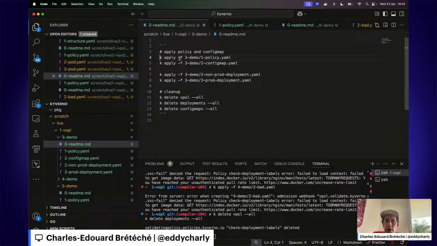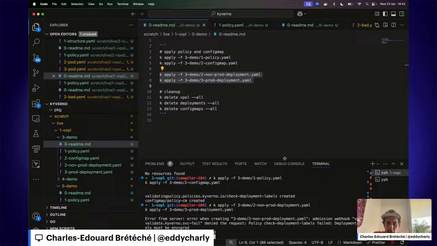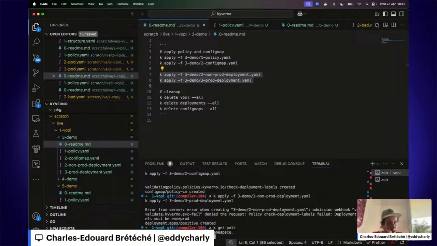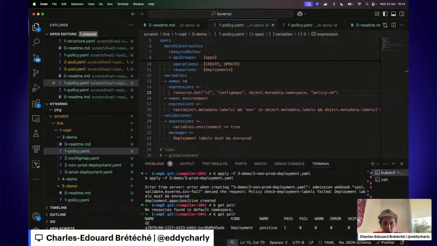Let's take this one. It should work the same, so no worries. So this time we have a policy that checks that the labels are set correctly based on what we had in the config map.